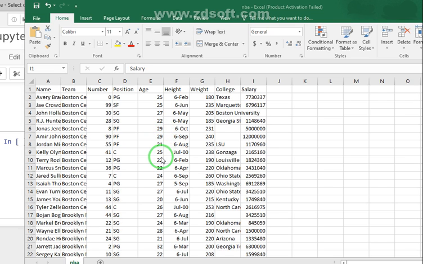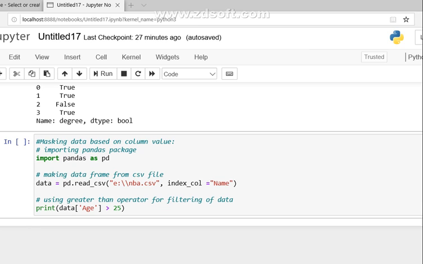For all 457 players, you will find the age value. What I am applying here, masking based on the column value, is using the greater than operator to filter the data. I am going to filter all those players whose age is more than 25. Only those players will be selected whose age is more than 25.